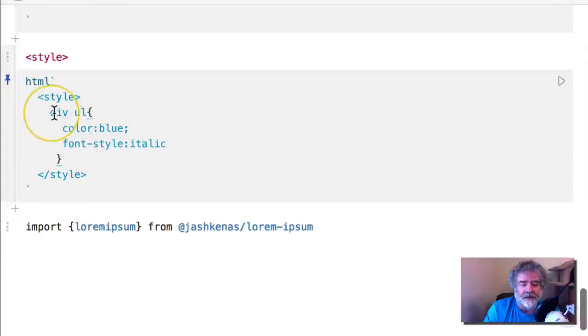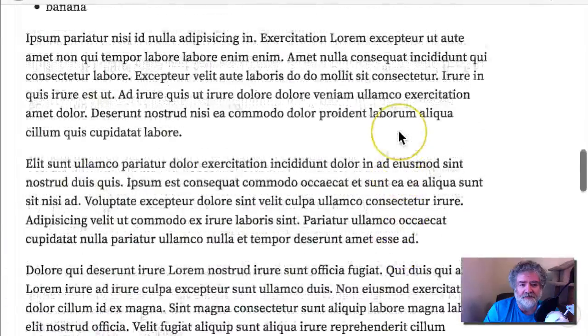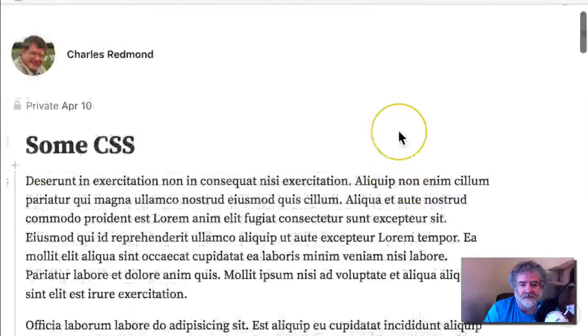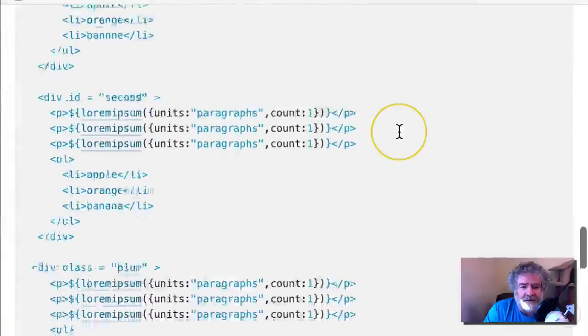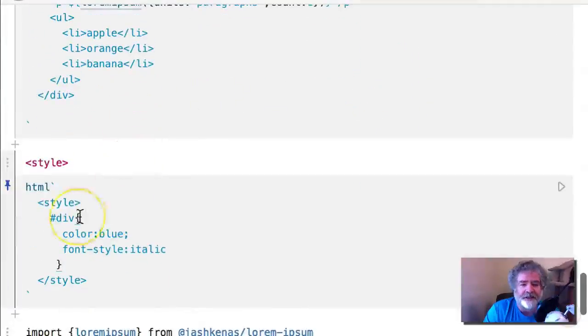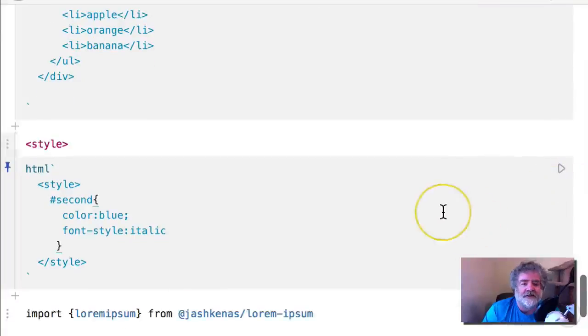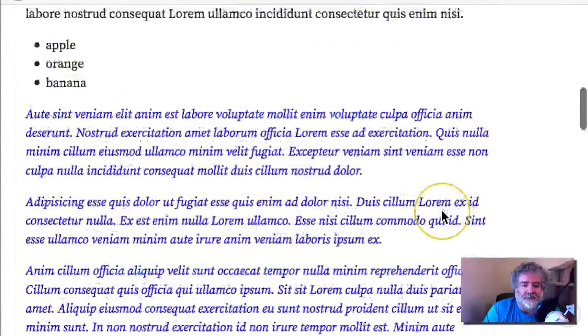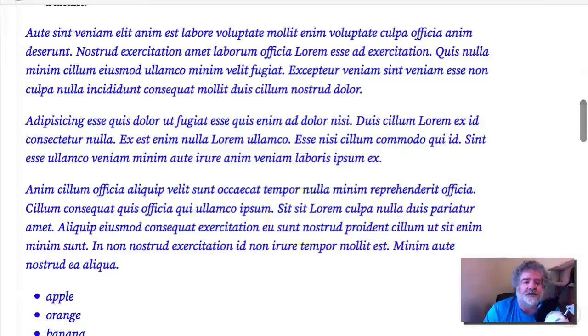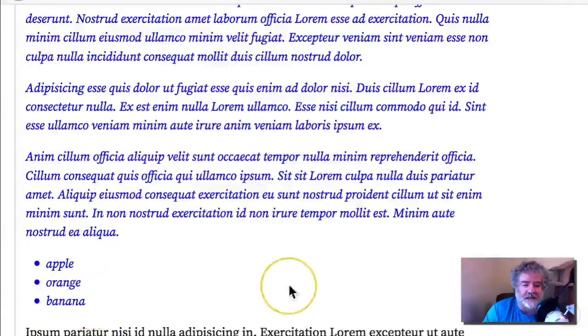All right. What if I go to the ID then? That right there should only affect the second div. Oh, it didn't. Let's see what happened there. Oh, because I had div there, right? The name of the ID is second. Sorry about that. All right. So there we go. But if we wanted to go into just the second div and just get the list,